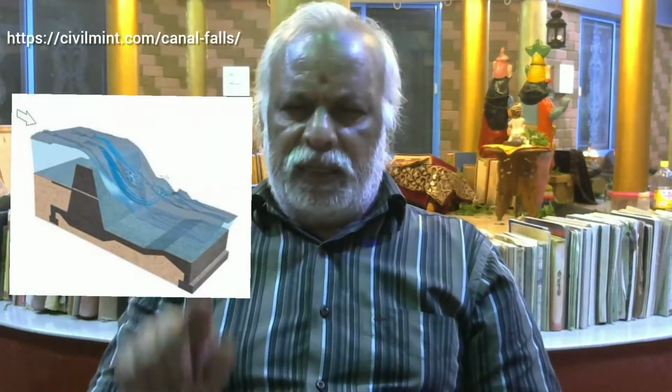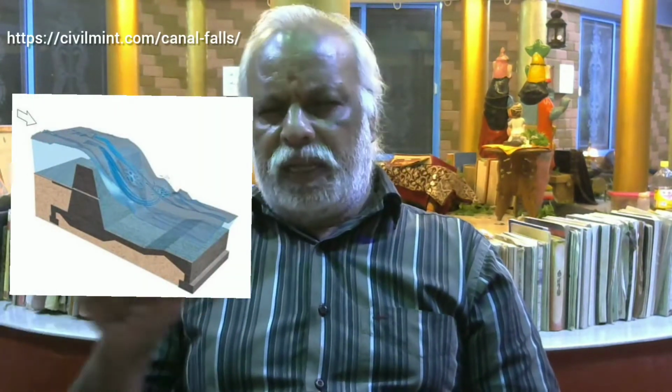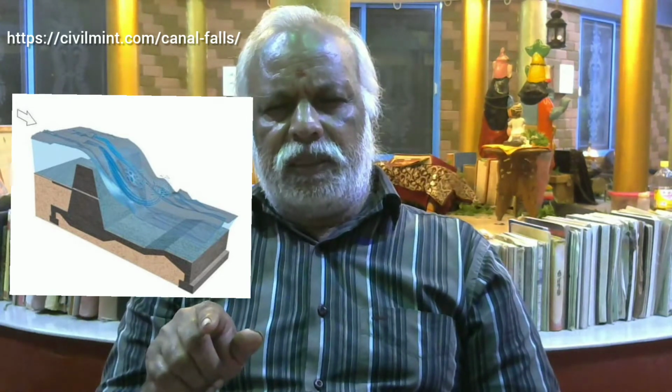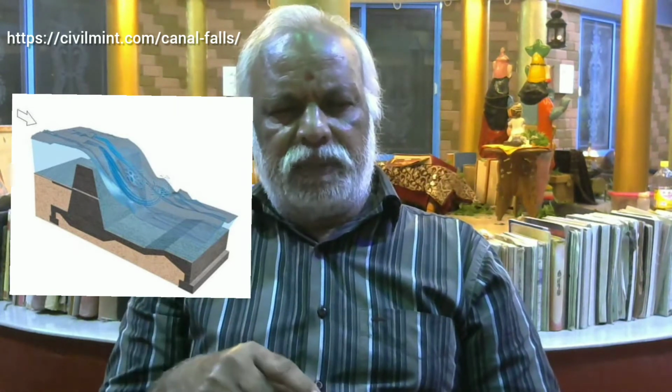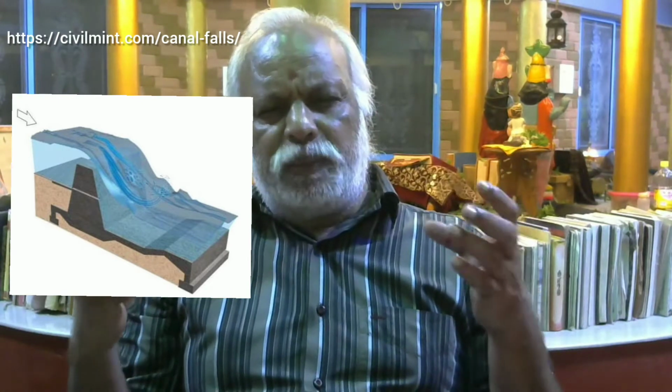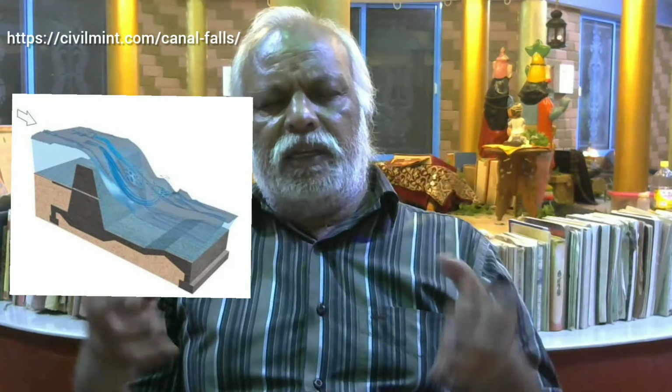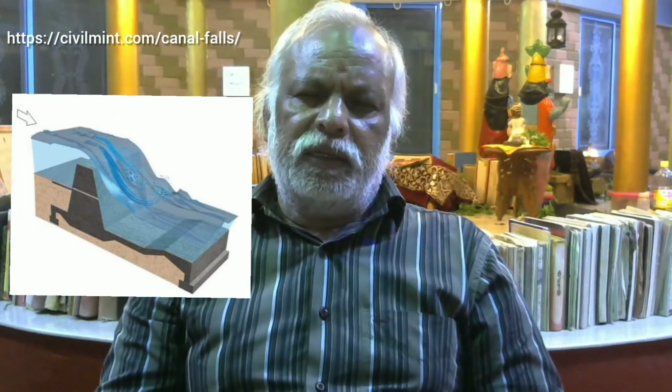So the components of a canal drop are a cistern, a lip on the notch, then a trapezoidal notch, then a notch pier to hold the notch, resting on the body of the canal drop. So a canal drop is to negotiate abrupt changes in the bed of the running canal.